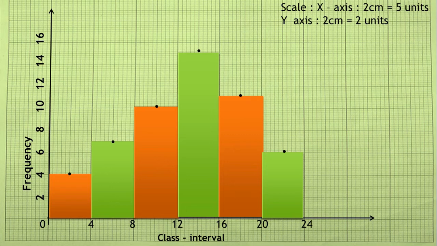Already while discussing the steps, we discussed that a frequency polygon will be complete if and only if the polygon is drawn from the midpoint before the first class and after the last class. Now let us mark the midpoints. Here it is before the first class and here it is after the last class. Don't forget to mark this, children. Now use your scale and join the lines. This is the frequency polygon.